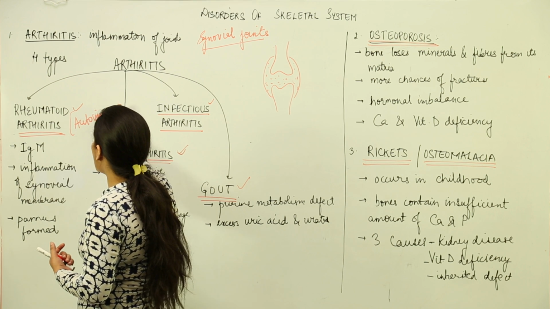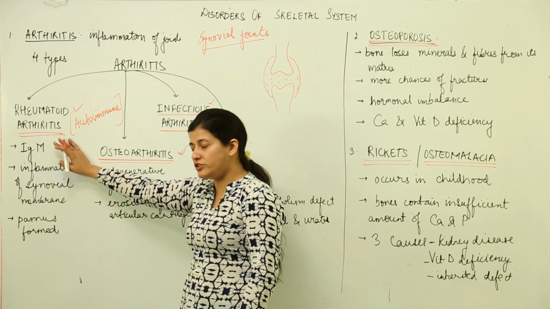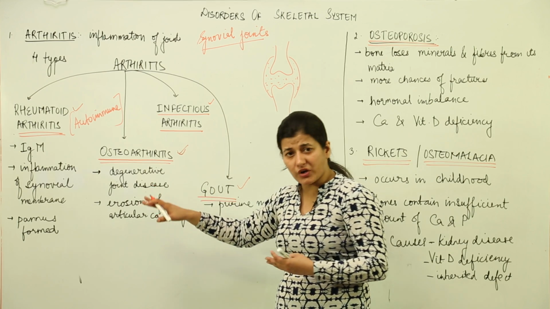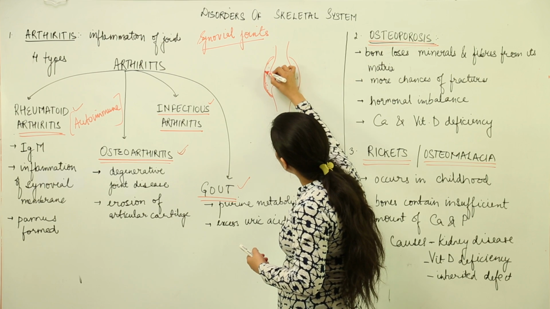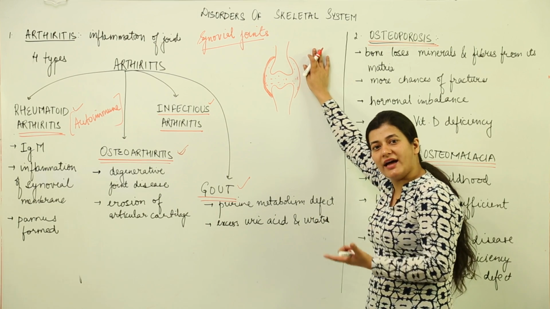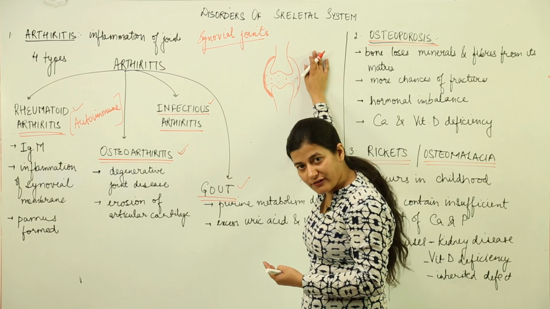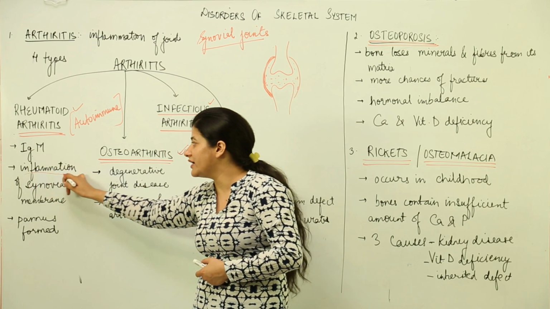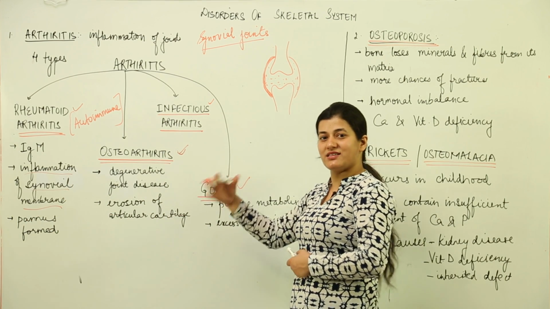So whenever somebody is diagnosed with rheumatoid arthritis, there is a presence of rheumatoid factor, which is nothing but immunoglobulin M, and that is an antibody. Now this antibody is responsible for the inflammation of synovial membrane. The antibodies which are generated in the body, not knowing that they are going to attack the cells only, they go and attack the synovial membrane. When the synovial membrane is attacked, there is secretion of excess synovial fluid. When the excess of synovial fluid is secreted, you see over here I have mentioned that there is inflammation of synovial membrane. What happens as a result of synovial membrane inflammation is that there is excess secretion of synovial fluid